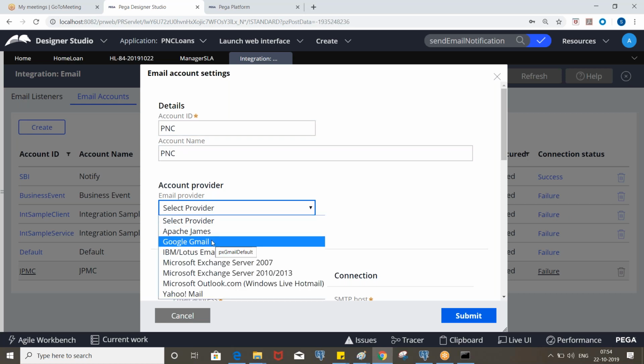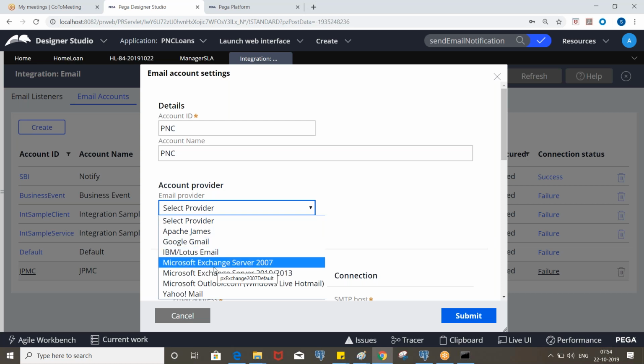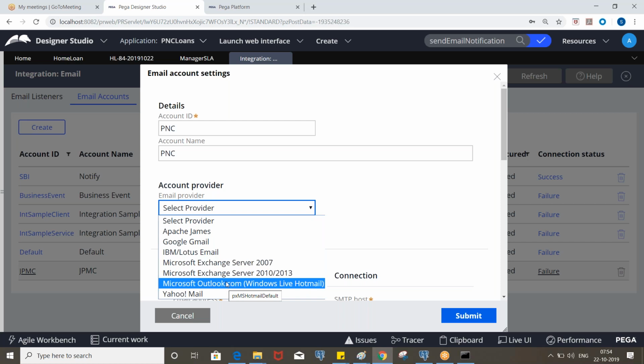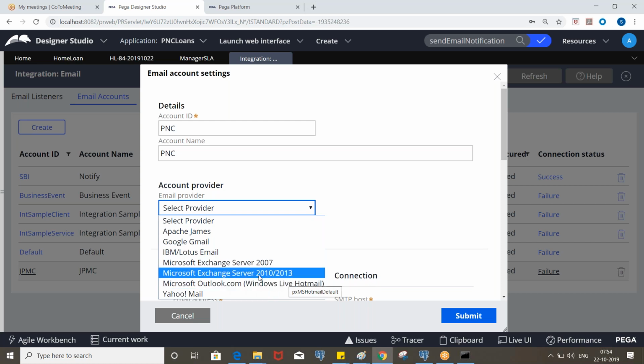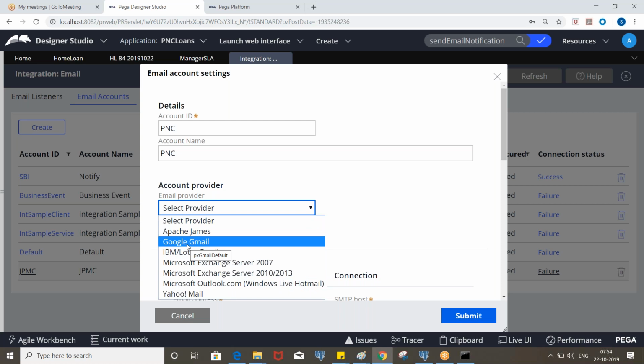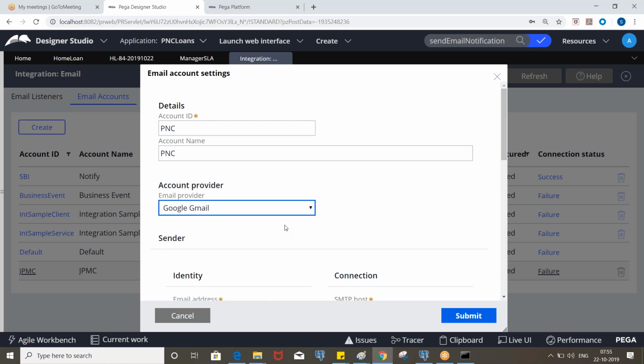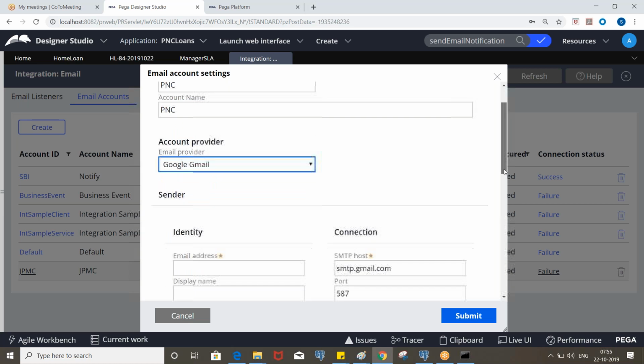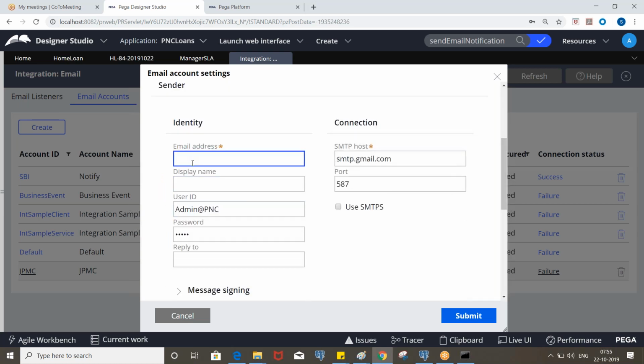And which email are you using as the from? In real-time applications it would be Outlook, I'm not sure, but since we are using the personal edition, we need to use either Yahoo or Google. So the email provider will be Google here because we are using Gmail as the from email, and we need to use the from email address.